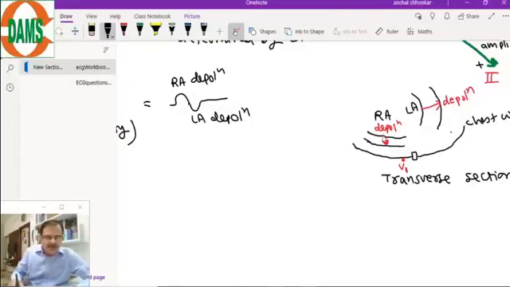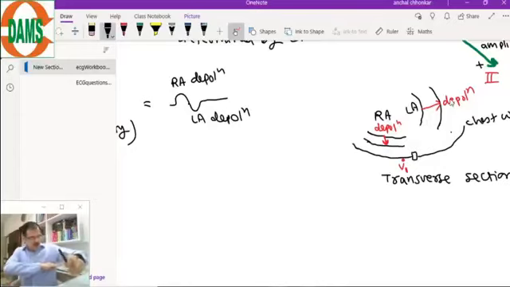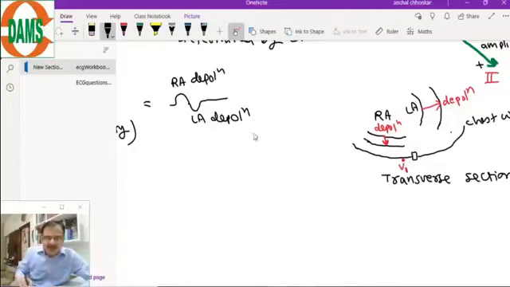So repeating it once again, look at the diagram. The right atria and left atria. First the right atria depolarize, so the depolarization wave will be coming towards V1. It will produce a positive deflection. While the left atrial depolarization is going towards the left axilla, and V1 is here, so it is going away from the V1 ECG lead, and it will show a negative deflection. Negative deflection, because it is going away.